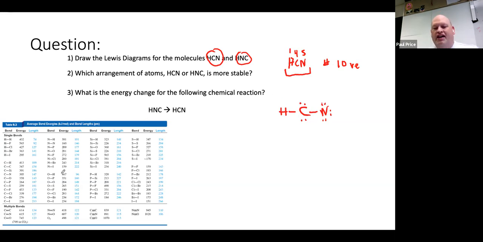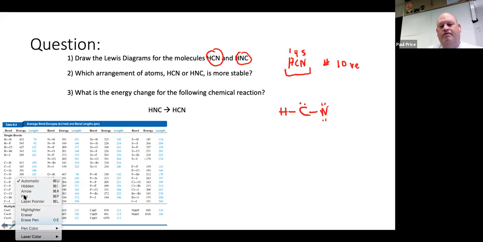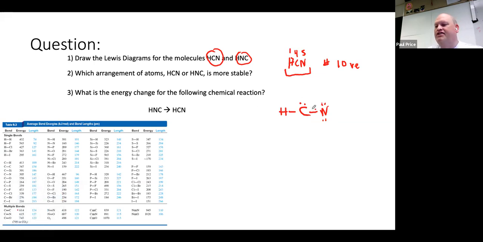What are we supposed to do in a case like that? That's when we want to build in multiple bonds. So what I'm going to do is go ahead and build a different bond. I'm going to take 2 electrons away from the carbon, 2 electrons away from the nitrogen, and replace them in this particular case with a double bond. Well, if I do that, that's great,